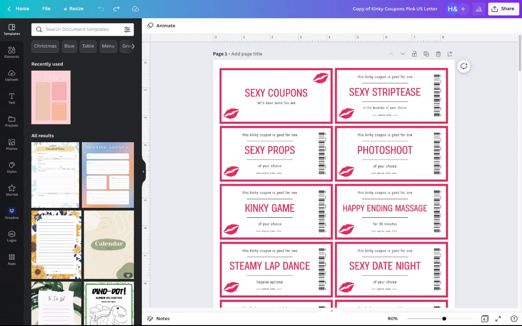So Canva is super, super easy to use. If you haven't used it before, here's all your design functionality down the side here. And then across the top, probably the most important button is the undo button. If you make an error, really easy to fix. Okay, so all of these